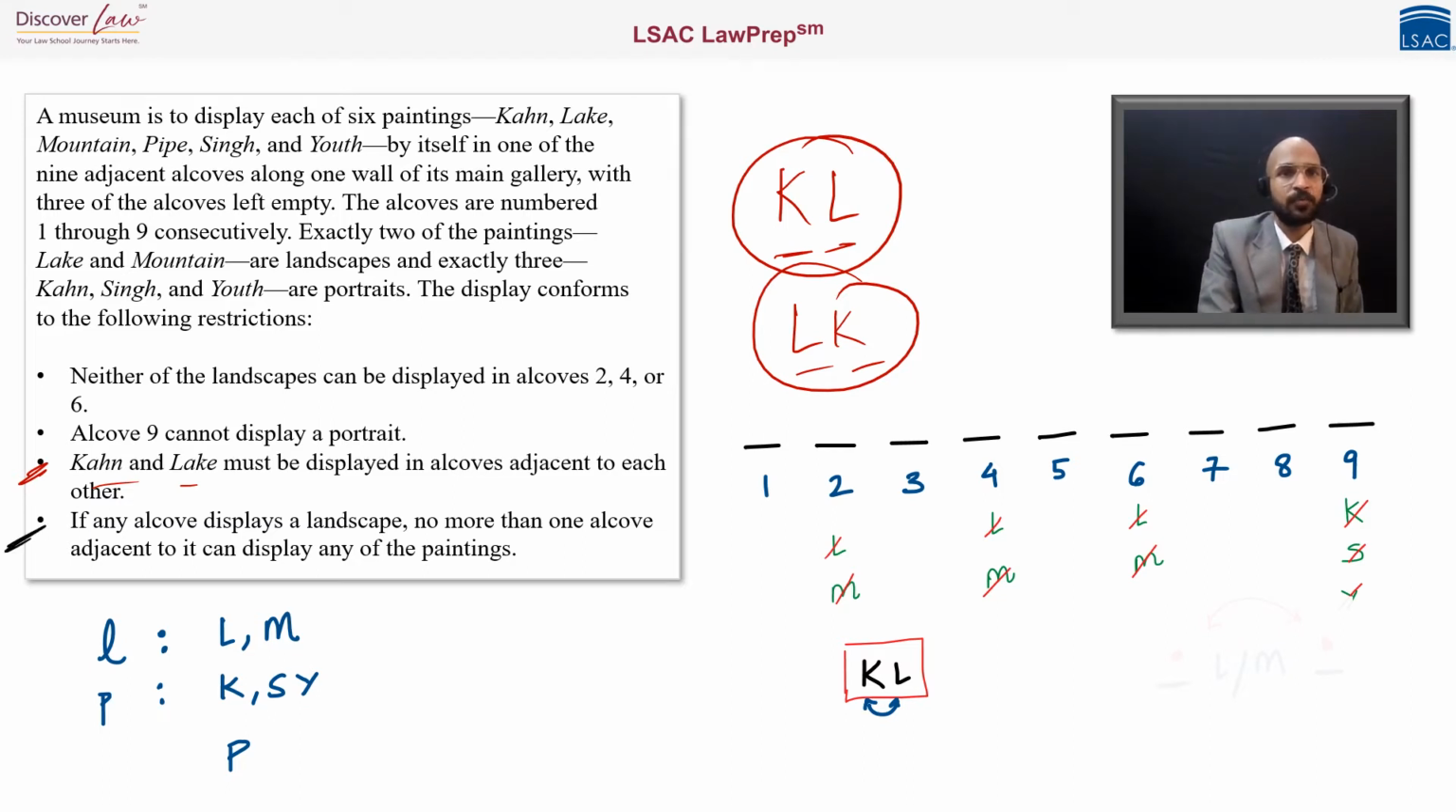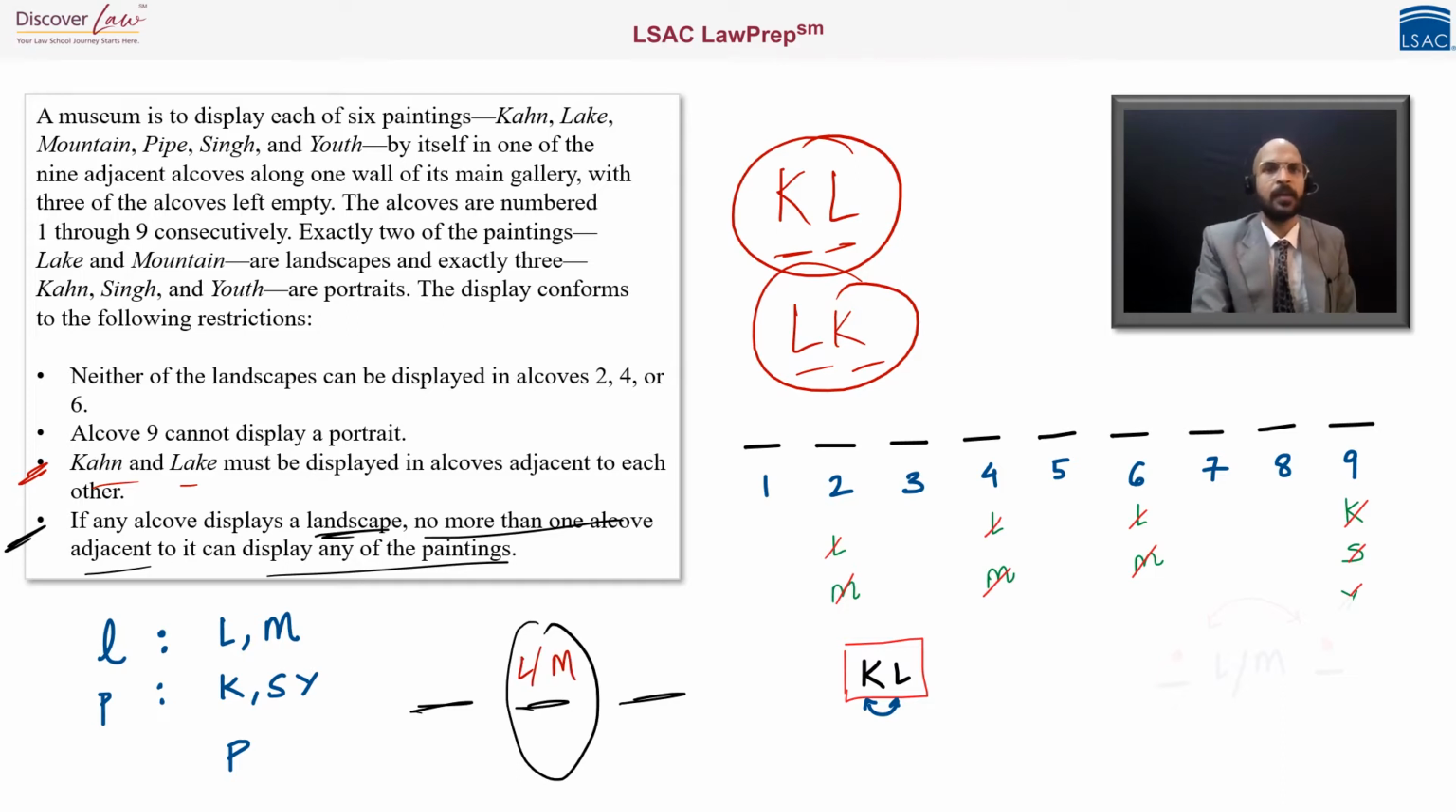If any alcove displays a landscape, no more than one alcove adjacent to it can display any of the paintings. Now, what is the meaning of no more than one? So let's say if any alcove displays a landscape, let's say maybe this one is displaying a landscape, which means it's either L or M, no more than one alcove adjacent to it can display any of the